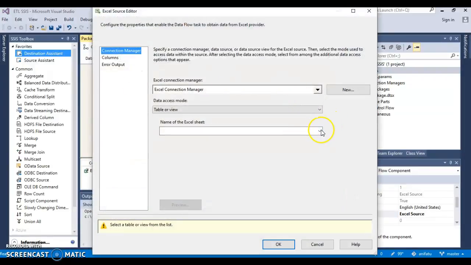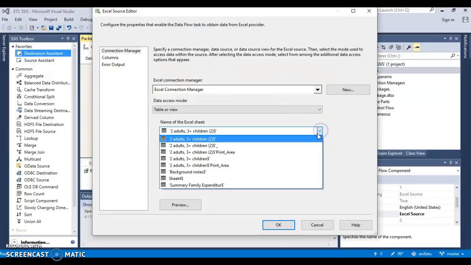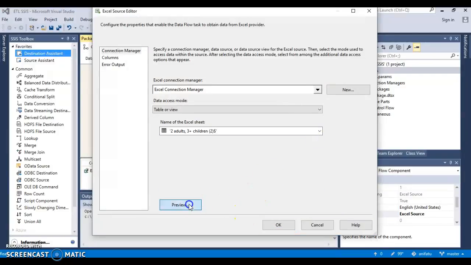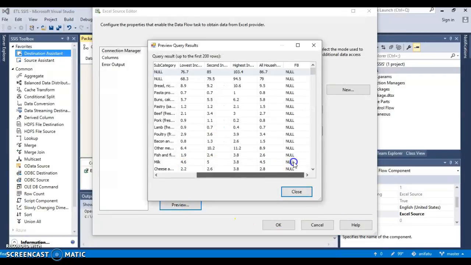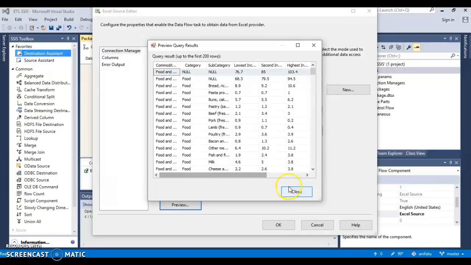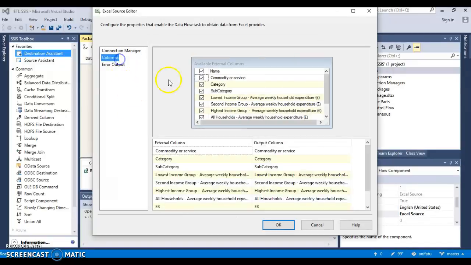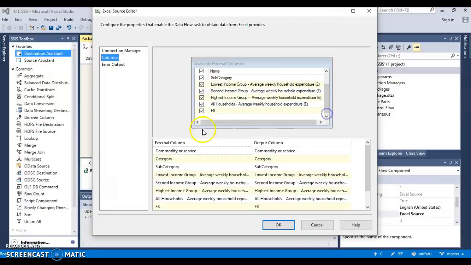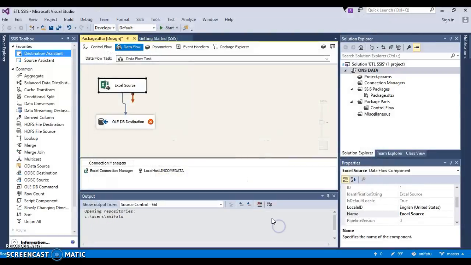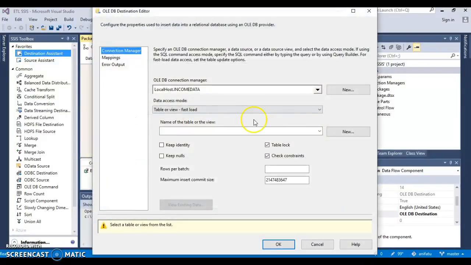I'm going to configure my source, have a preview, make sure that the data is what I want, and I'm going to check the columns as well. There is one column that I do not wish to have, so I'm going to take that off and say OK. I need to configure my destination as well,